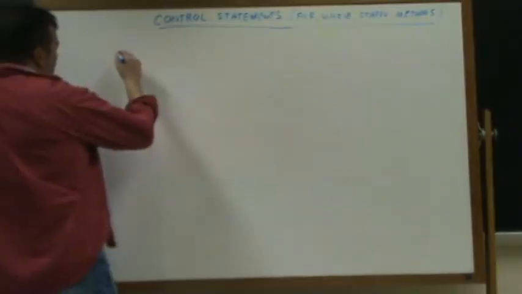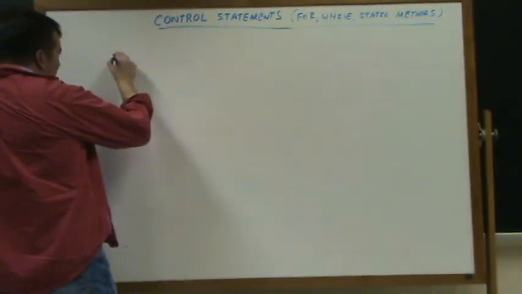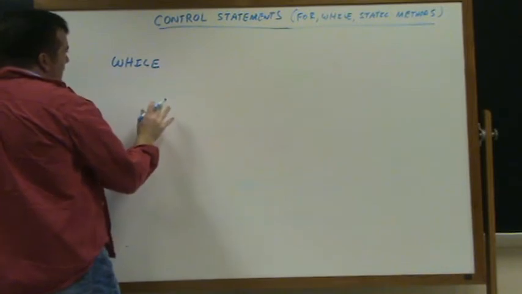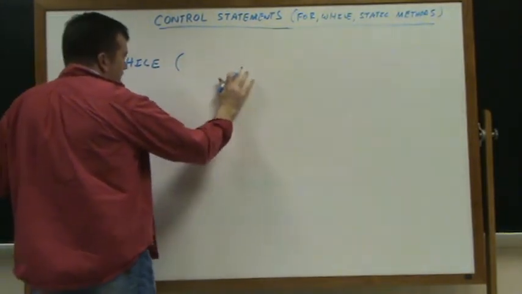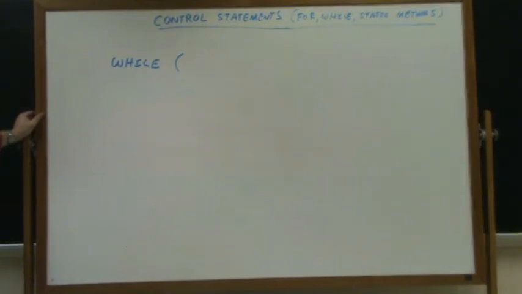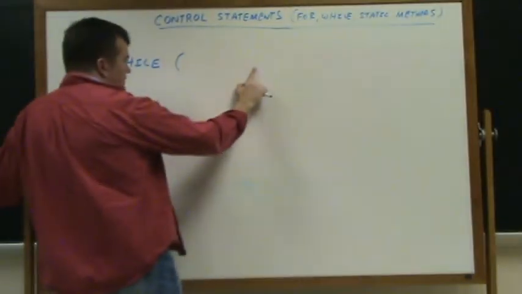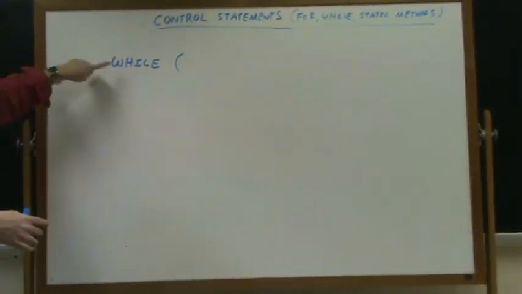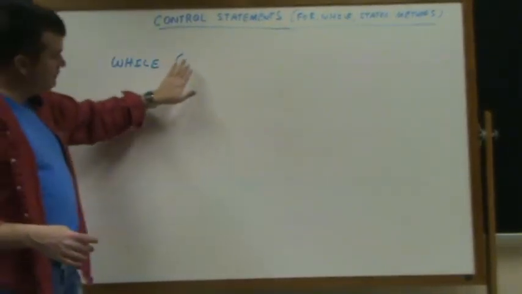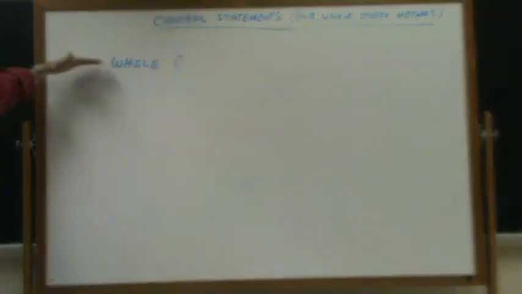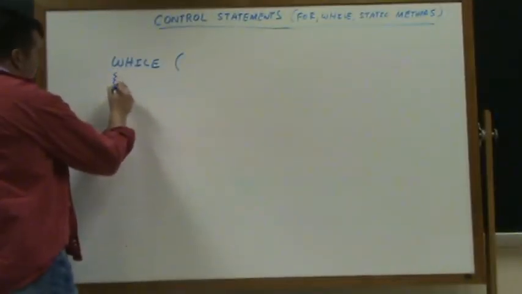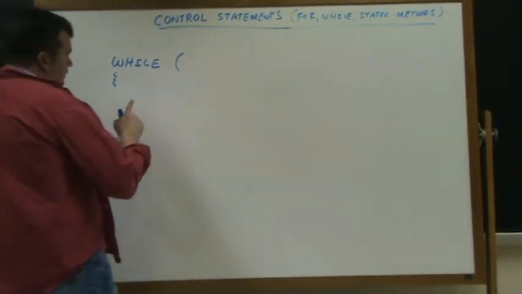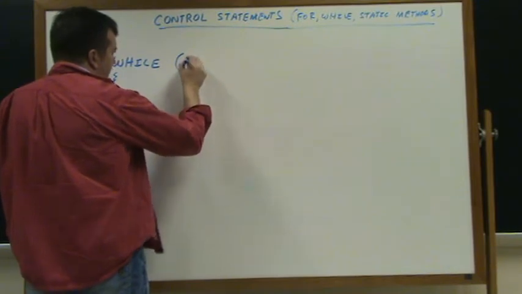So we could use a thing called a while loop. And in the while loop, we put in the condition, which is something that's going to be either true or false. As long as it's true, we do one more loop. As long as it's true, we keep doing one more loop. And if it ever becomes false, then we're done, we skip this loop. So we could do something like while, and then the condition could be,